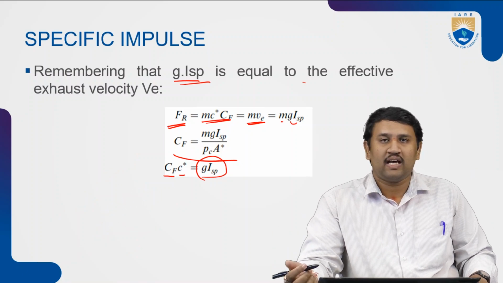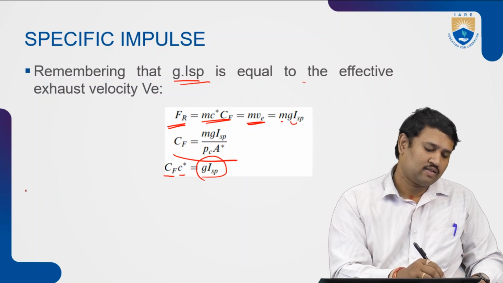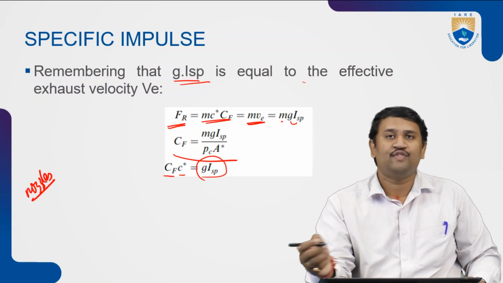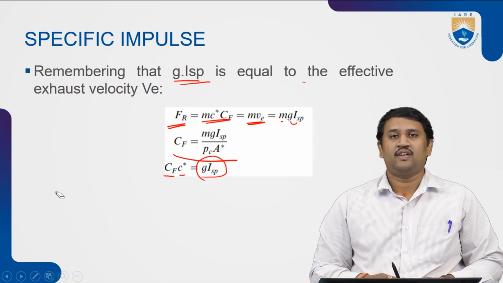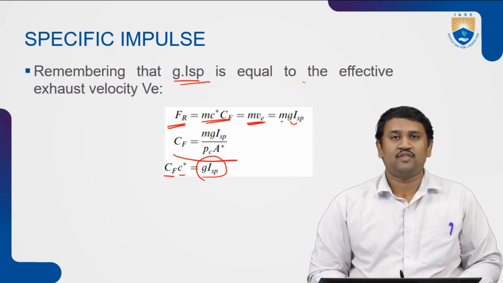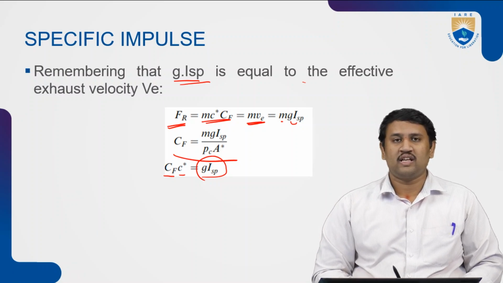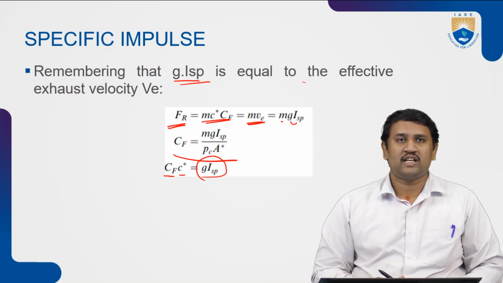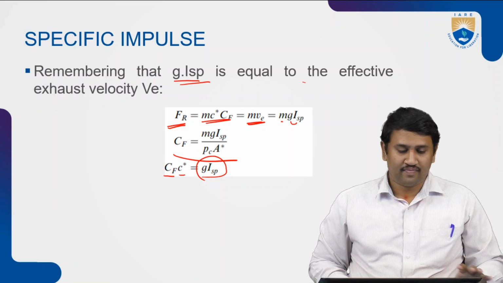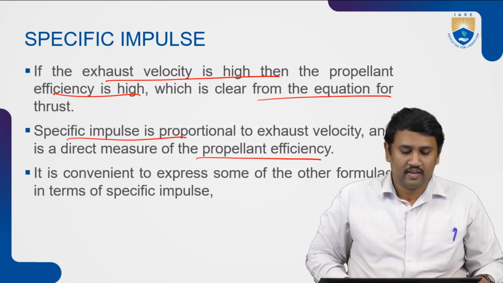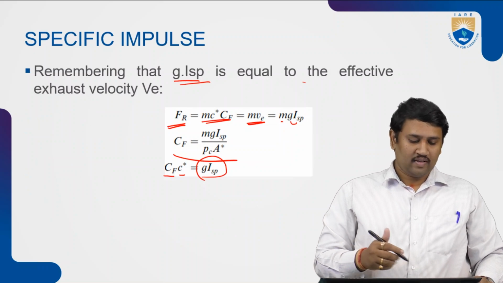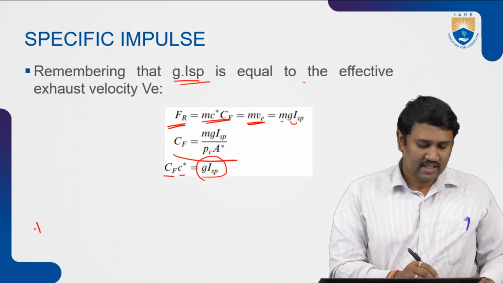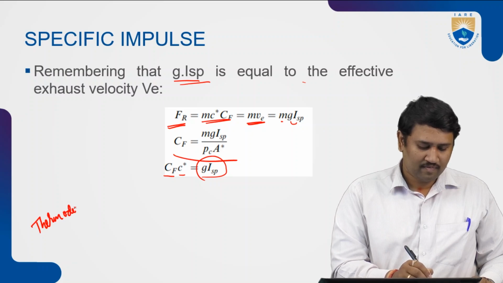Now, in the next class, what we will be discussing are the nozzles through which we are working, right? First, the types of nozzles and the types of construction methods which we will be using to understand the nozzles and the nozzle performance, and the types of nozzles that are available for rockets, right? Let me just recap a bit. In this class, what we have basically derived is the thermodynamic thrust equation,